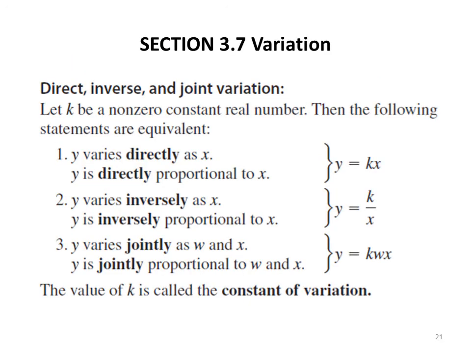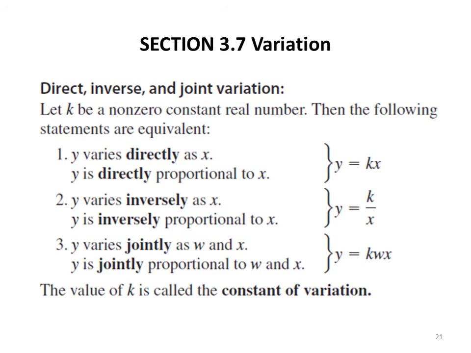The last section we will study is variations. There are three types of variations: direct, inverse, and joint variation. In all cases here, k is a non-zero real constant. The following statements are equivalent. Now we're working with two variables, x and y. We will say that y varies directly as x, or y is directly proportional to x, if you can write